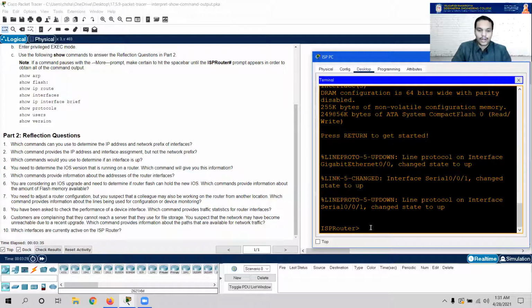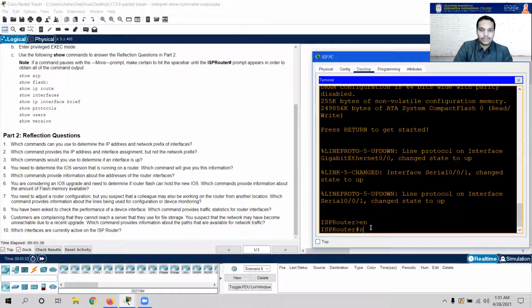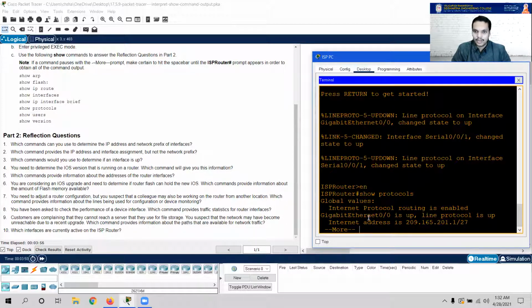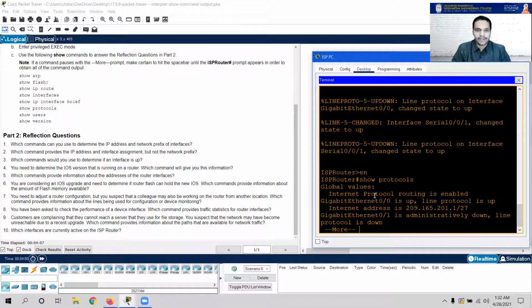Let me type in one and see how it works. Let me select show protocols. Show protocols, Enter. There you go. It shows the interface status as up. Now let me press the space bar to see what other information is there. You can see the GigabitEthernet address is given. It is giving the IP address as well as the prefix, that means the subnet mask assigned to it. You click more, and each piece of information regarding the interfaces that are assigned is given here.